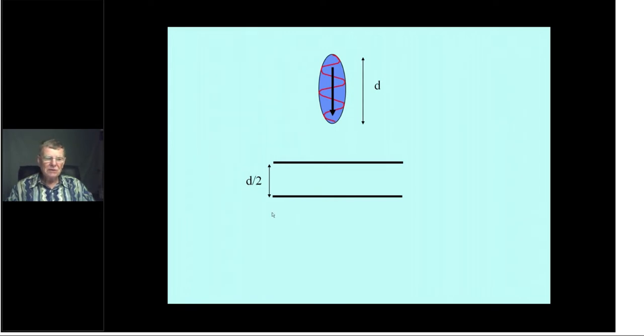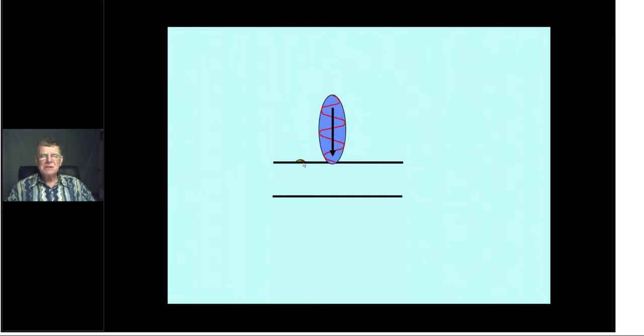I've now dropped the interfaces down to half of what was before. So if this was a 2 millimeter long pulse, I've dropped the interfaces down to 1 millimeter. Let's see what happens now. So here's our pulse coming down and striking the first interface. Oh, look, here's the little echo starting to poke its nose up and heading back up to the transducer, being generated by the pulse as it moves through. So as the pulse moves through that interface, here's the echo from that interface being generated, heading back up, everyone's